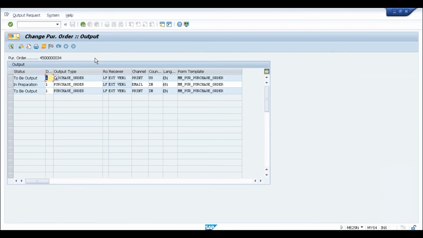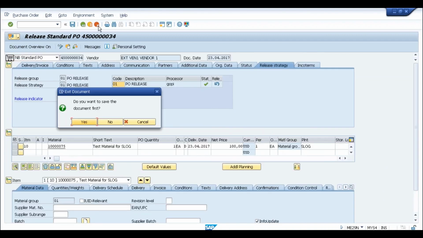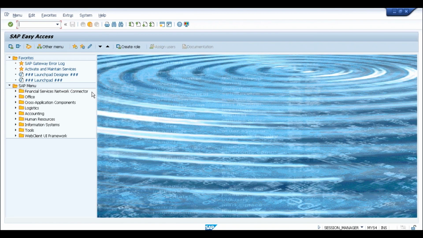Any changes on the release strategy in this version? No, release strategy will remain the same. Even the configuration and all, whatever we are doing, it will remain the same. Yes. Thank you. Okay, but at the same time, as I told you earlier, try at least 3-4 company codes,